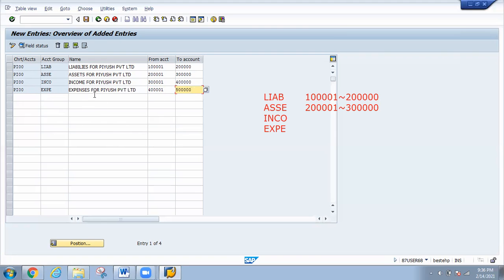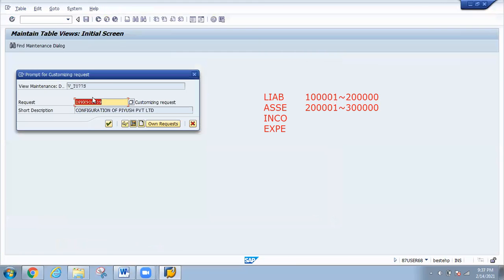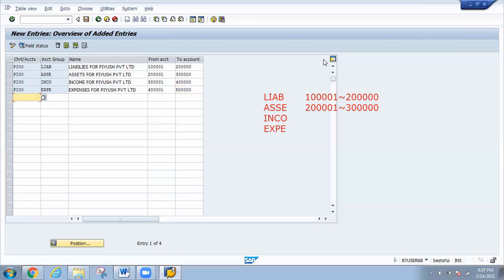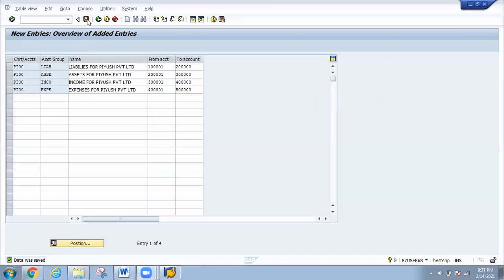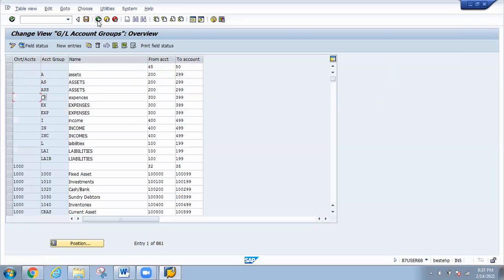In a real scenario, you will find a number of groups, meaning direct expenses, indirect expenses, finance expenses, manufacturing expenses, employee welfare expenses. Those can be split into this number range. So let us save this. So I have saved this.